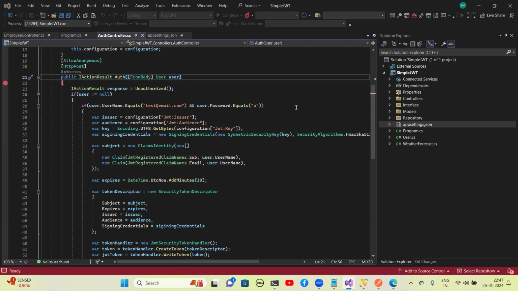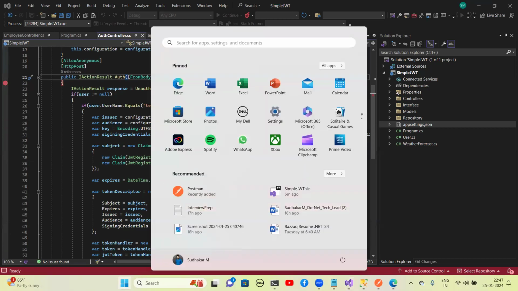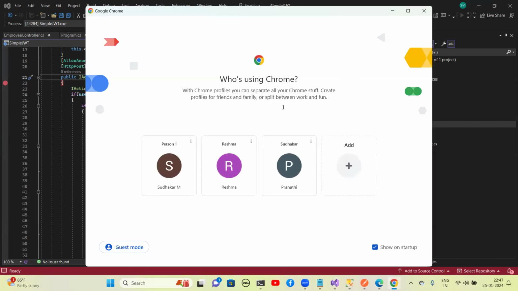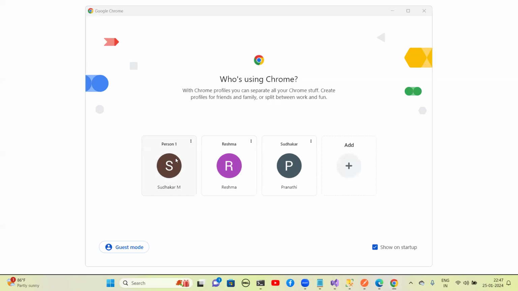Today we will see how we can generate a JWT token, and what the use of the JWT token is. Anyhow, you guys already know what a JWT is. It is something where we get a token, and the token will be used to authenticate your application. So if you just look at this